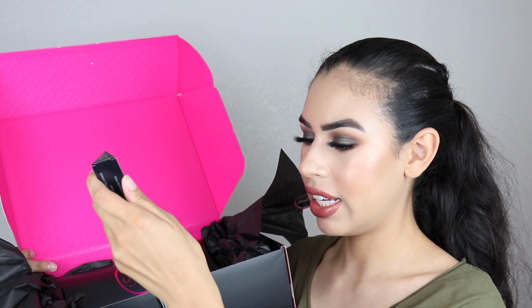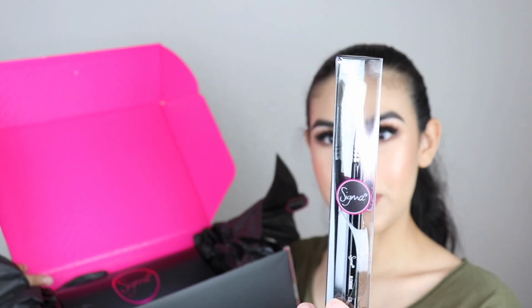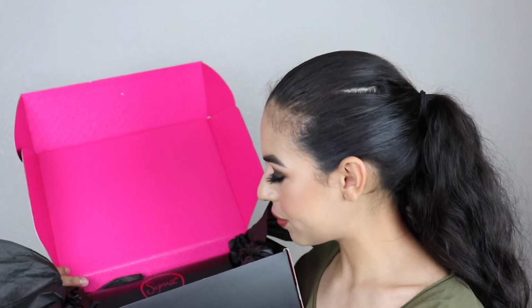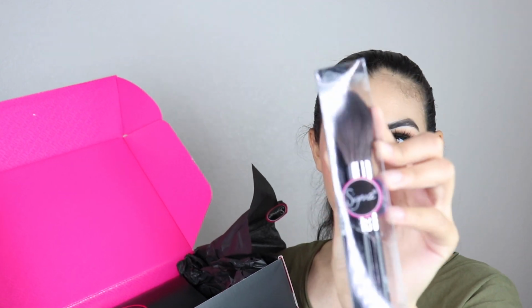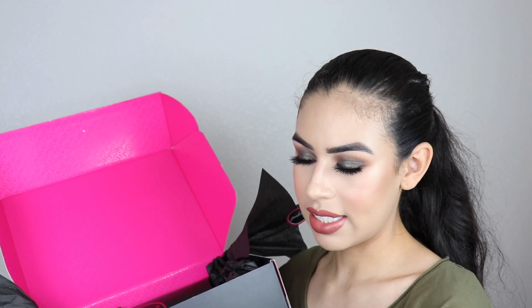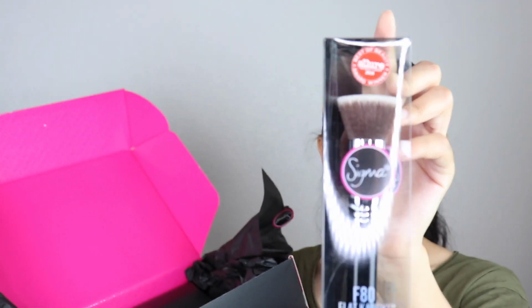We have their E36 blending brush, which I don't have a brush like this. It's kind of tapered. Is it focusing on the brush here? This is going to be really helpful for my eyeshadow looks. Then we have the Sigma F37, which is a spotlight duster, so for brushing away excess product. And then we have the Sigma Flat Kabuki F80. And then finally,